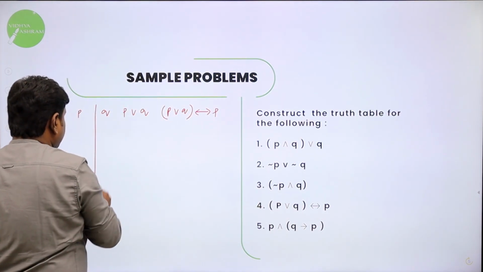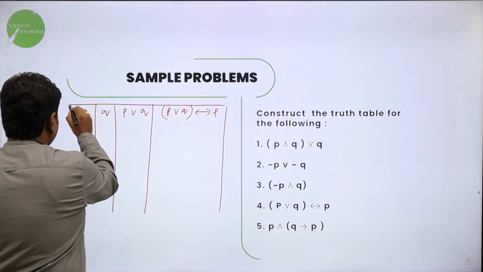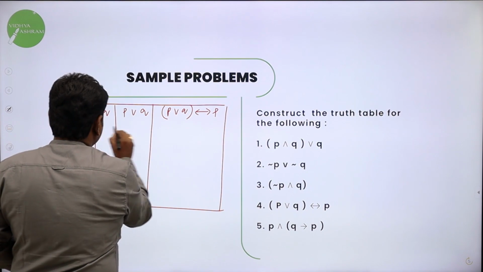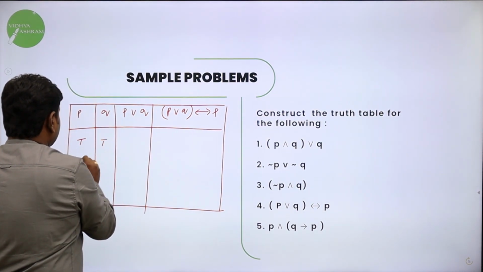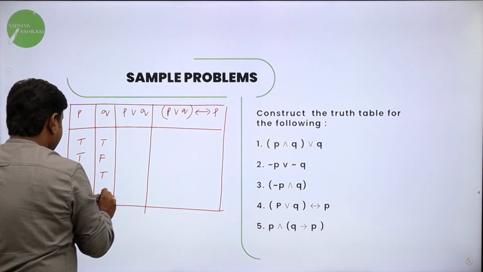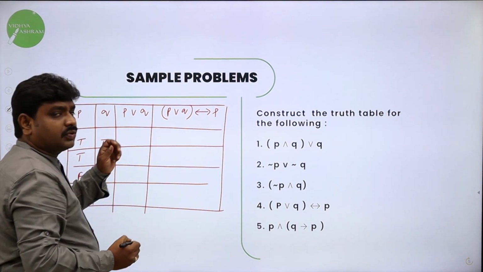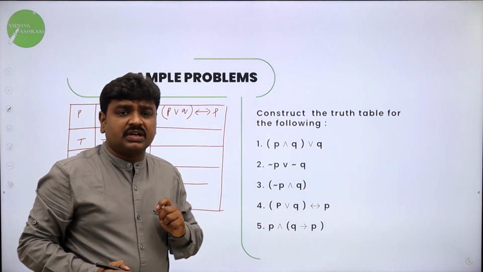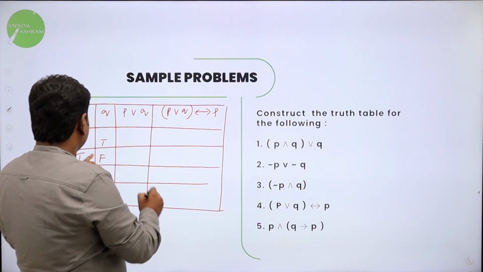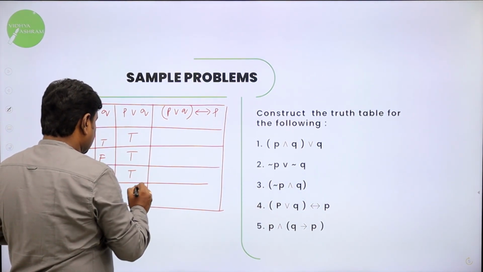Now components P, Q, P R Q, then we conclude the truth table. So true true, true false, false true, false false. Now these are the possible combinations. So first is R. What is the logic of R? If any one statement is true, result is true. So true, this is true, true again, but this is false.